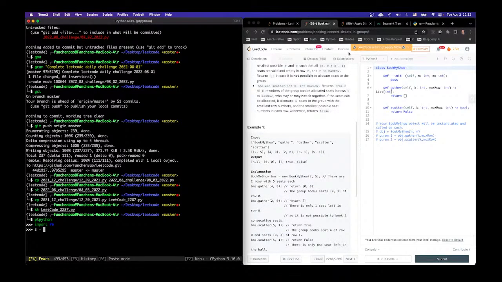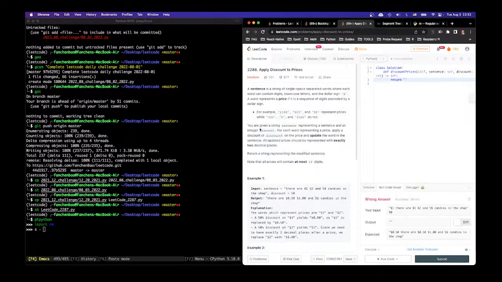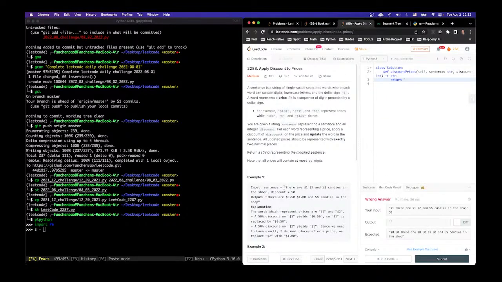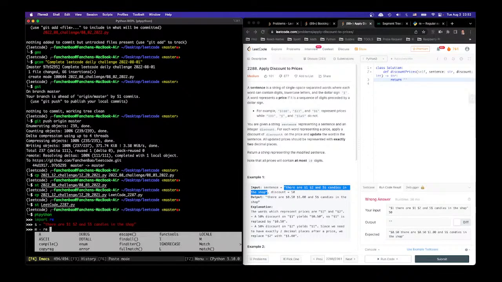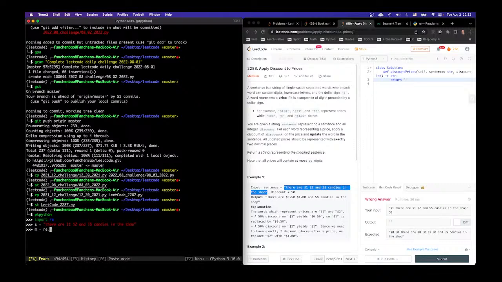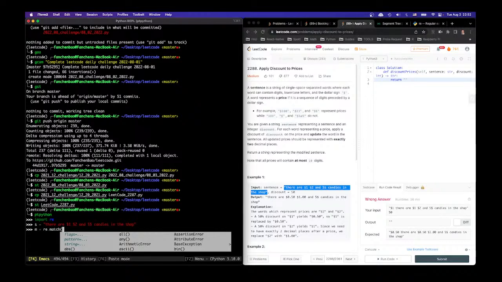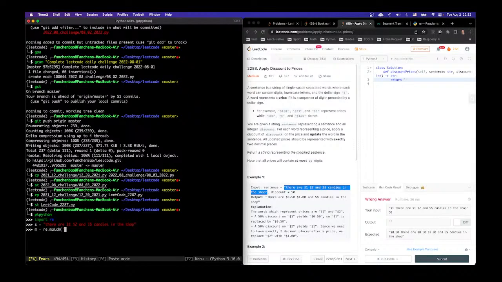No, this is the booking one. This is the one I don't want to do. Okay, so we have this, right? And so m equals re.search, match what? No, it's the pattern first. Dollar sign,